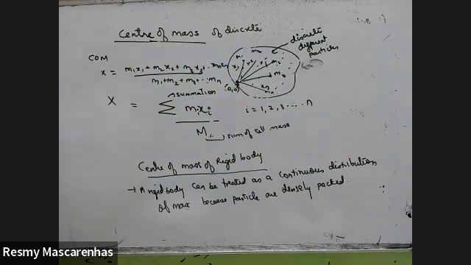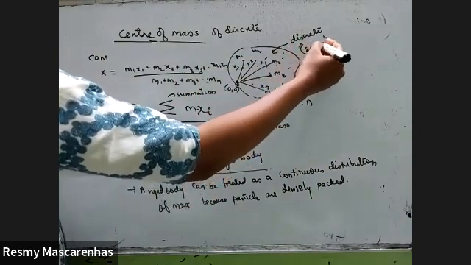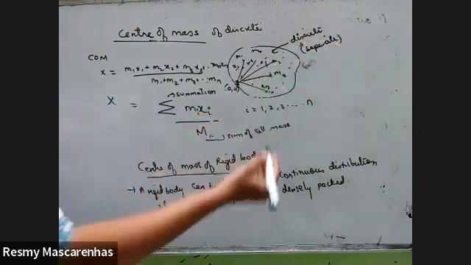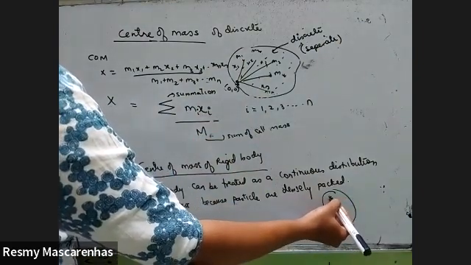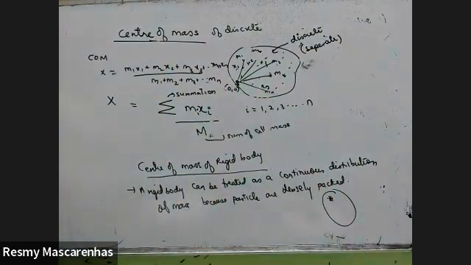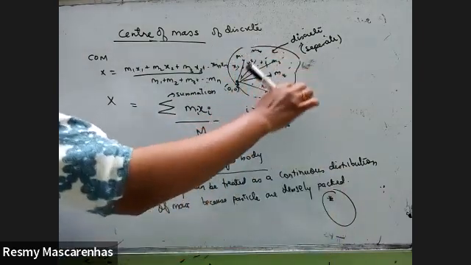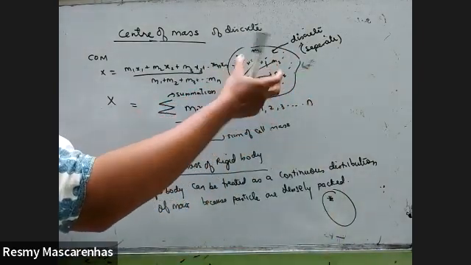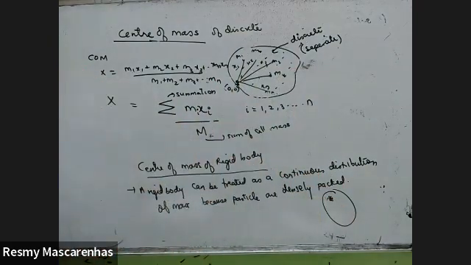So you cannot take them discrete, separate. Discrete means, the best word is separate. You can take them as separate, but there are some rigid bodies where the particles are so close to each other you cannot even make out what is M1, what is M2. So you have to assume it to be continuous. There is no gap between any particles. This is okay for some gas or some light object. But if they are closely packed, then you have to take continuous. So in that case, what you have to assume is,